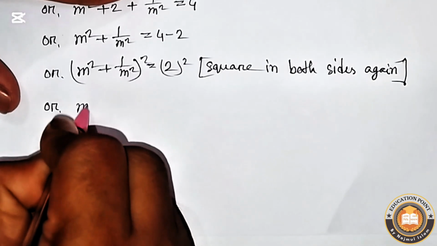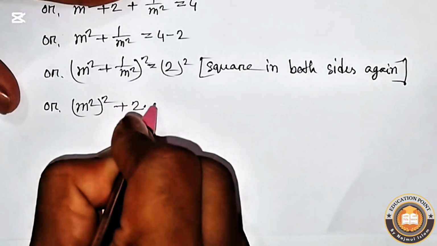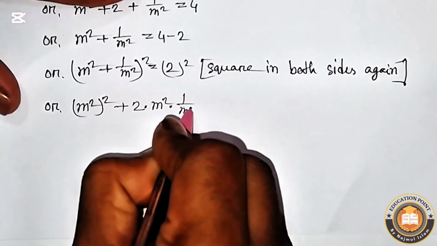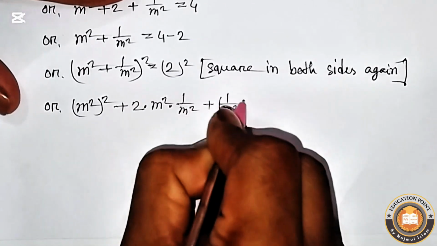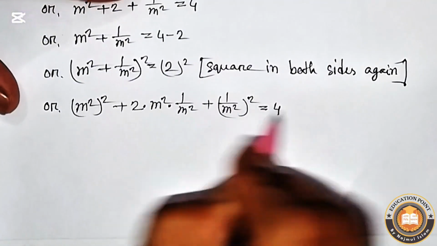A square means m square whole square, plus 2 into a means m square into b means 1 by m square, plus b square means 1 by m square whole square, equal square value of 2 is 4,